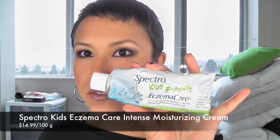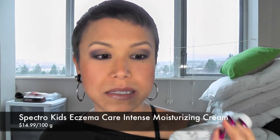Anyway, so I use this one at night because it's nice and thick. For the times when my skin is really, really dry, like when I'm doing a lot of prosthetics work at school, gluing stuff on my face, having to remove it all the time, my skin can get really scaly and really irritated. So what I use is Spectro Kids Eczema Care